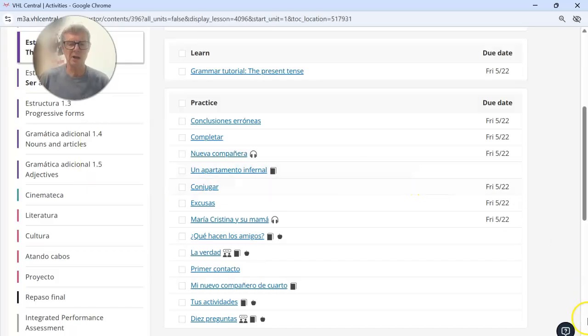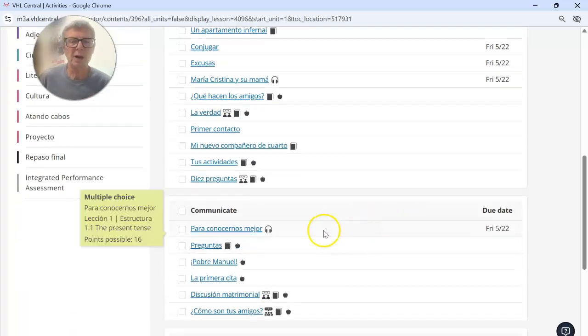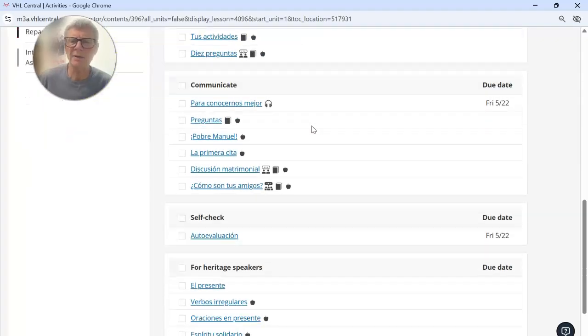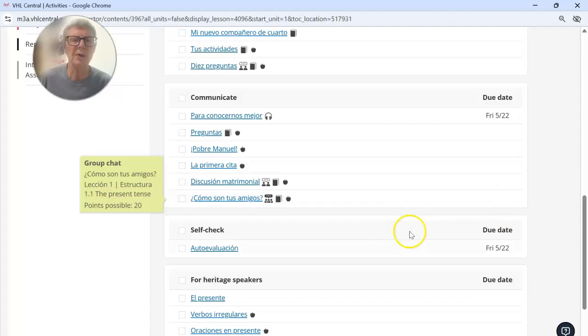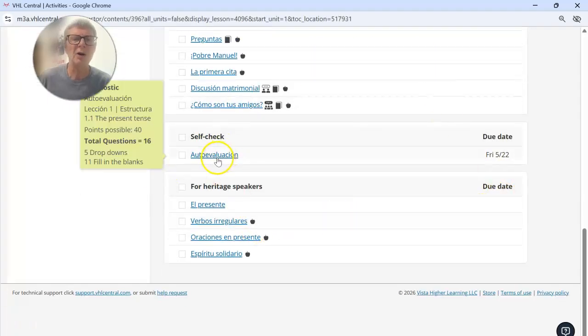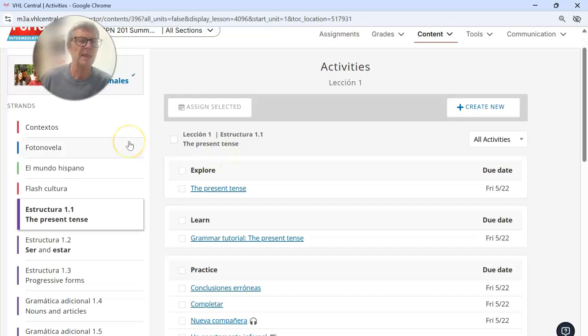And the thing about this homework is for most activities you have an unlimited number of attempts possible. So if it's a true-false situation, then obviously you don't because it's binary. But for the other ones, you can just keep going until you've gotten 100%. That way, in that sense, homework represents, to a certain extent, safety net points. There's no reason why you shouldn't do well on all of the homeworks. So you just run through, and I've tried to be very selective. You'll see there are so many activities, but you don't have to do all of them, only the ones with the dates. And then you always wind up with the autoevaluación for that particular section.